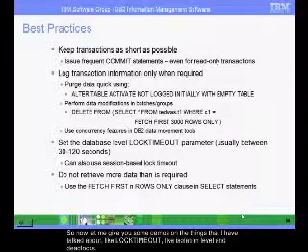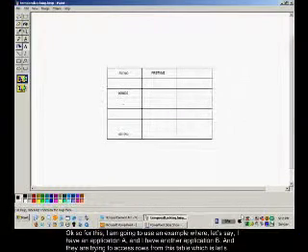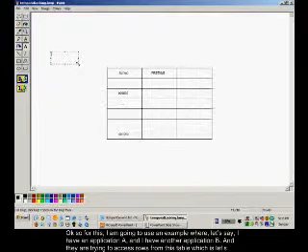So now let me give you some demos on the things that I have talked about, like lock timeout, isolation level and deadlocks. Okay, so for this, I'm going to use an example where, let's say, I have an application A and I have another application B, and they are trying to access rows from this table, which is,